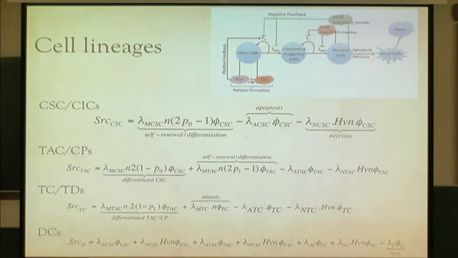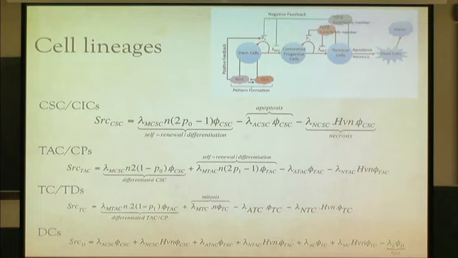And so basically the cells, while they need nutrients, they divide with rate lambda, and then P0 is this probability of self-renewal. And so this term is combining the fact that a fraction P0 of these stay at the same stage, and 1 minus P0 differentiate. So you get 2P0 minus 1. And then the cells can die by various means, either at a particular rate of death or a rate of death that depends on nutrients.